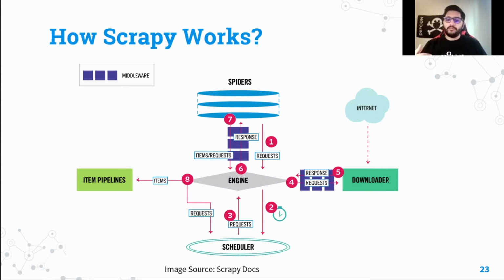Starting with the Spider, because that's where your program starts from. In the Spider, you give your onion URL, and the request goes through the engine, which is a Python program that manages the whole of Scrapy. The engine gives it to the scheduler. The scheduler is the part where your multi-threading concept comes in. It schedules each request and gives it to different threads, and you can tune these threads from 8 to 32 or 64, I think. Then the scheduler gives it to the middleware.